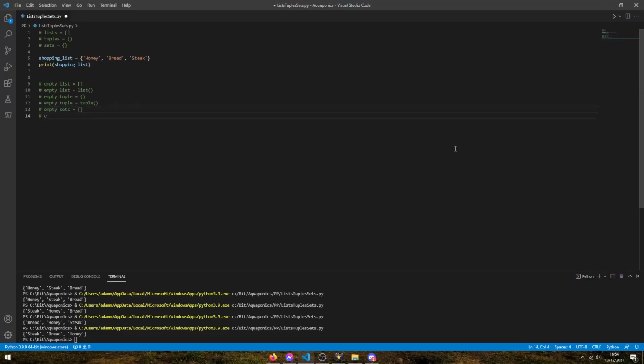And another way to define empty tuples or empty sets. The only way to define an empty set that I know of is set with open parentheses. This is not an empty set. This is a dictionary. And if you remember our previous video where we did something like print dot f, because